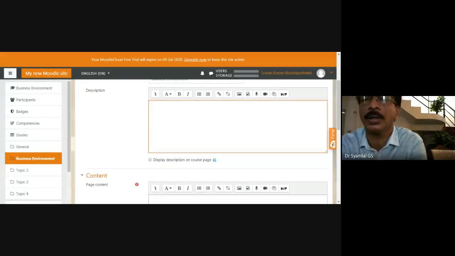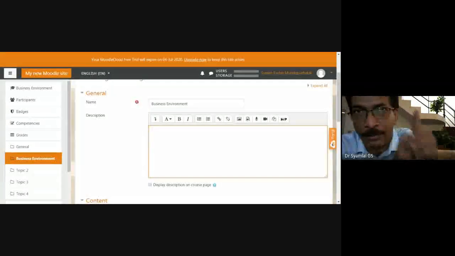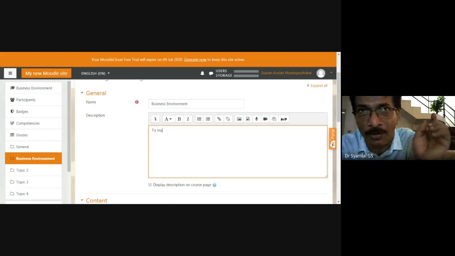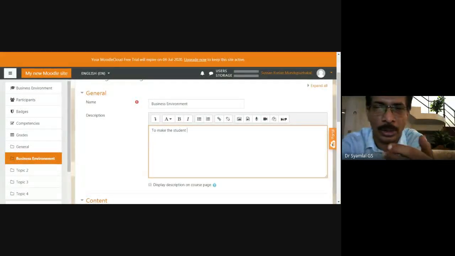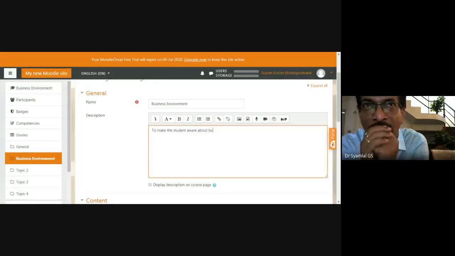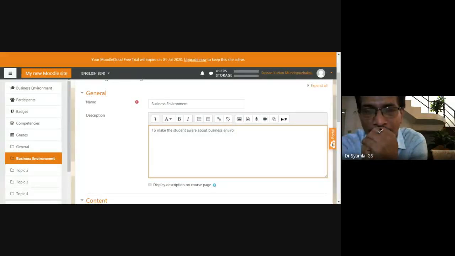Is the objective to be typed in this description bar or the content bar? Description, because every module, as per instruction of MHRD, UGC and other boards of studies, should have an objective and the final end result that will happen to the student.